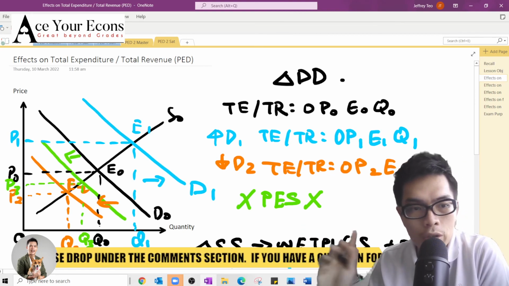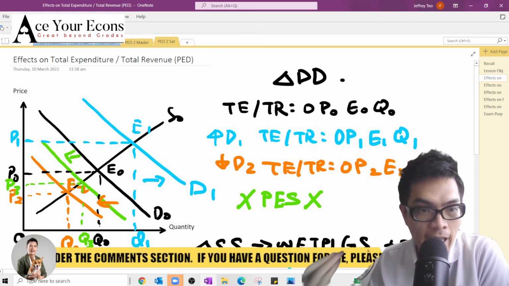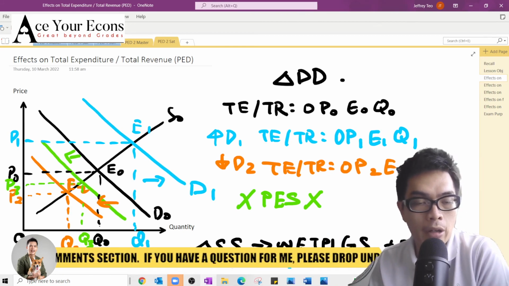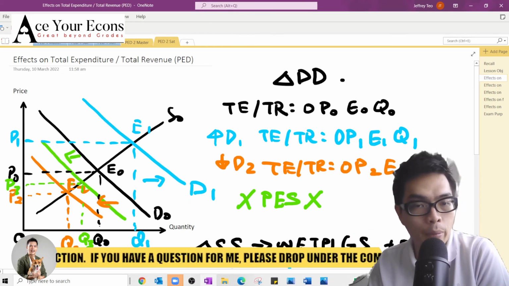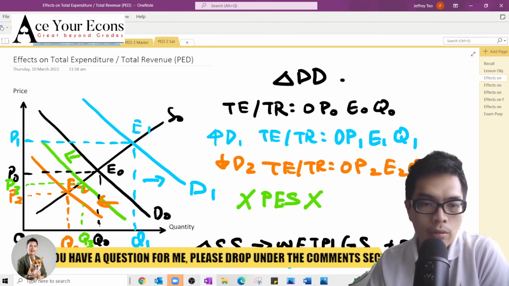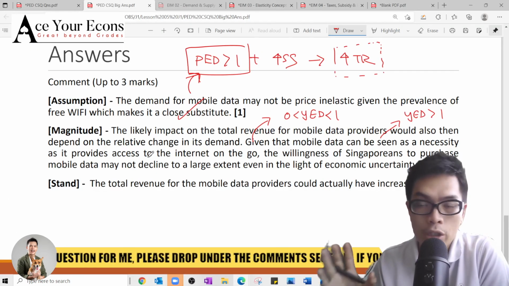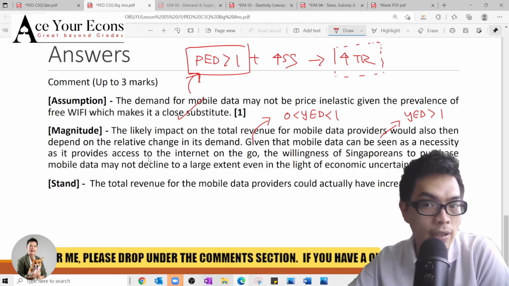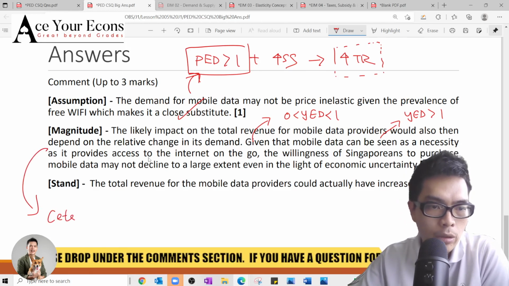But for my H1 students, you don't need to know this, but you can comment on the extent of your demand curve shifting. Or you can also talk about ceteris paribus, whether ceteris paribus holds. So for instance, if there are other demand factors such as taste and preference coming into the picture, then your total revenue may not necessarily fall. So there are a lot of creative usage or creative illustration on the comment part. You don't need to use magnitude, you don't need YED concepts. You can also talk about ceteris paribus holding.